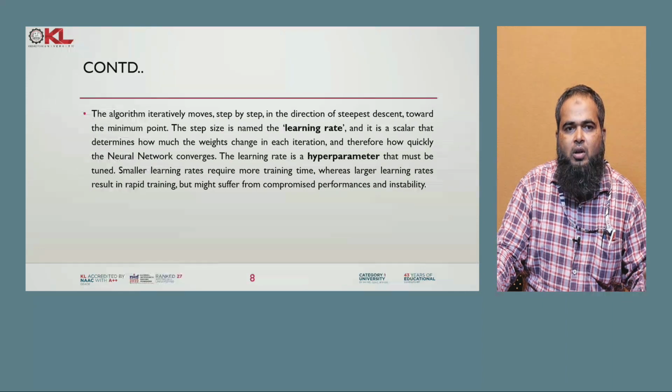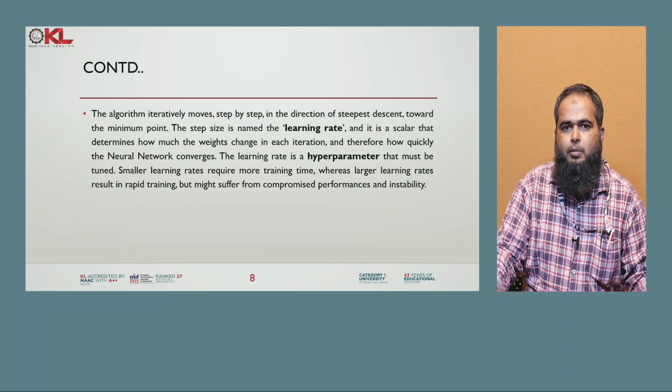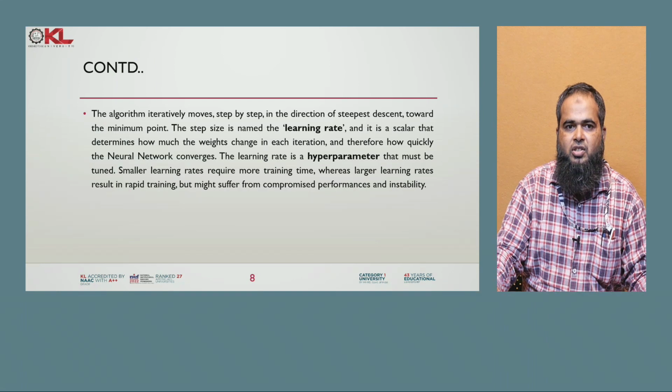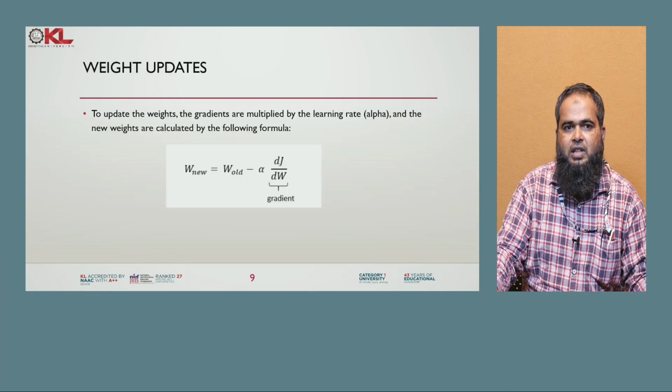So, the algorithm iteratively moves step by step in the direction of steepest descent towards the minimum point, and the step size is named the learning rate, which is a scalar quantity. Our aim is to change the weights in each and every iteration for quick neural network convergence, and the learning rate is a hyperparameter that must be tuned. So every time we tune the network by using the learning rate with the help of gradient